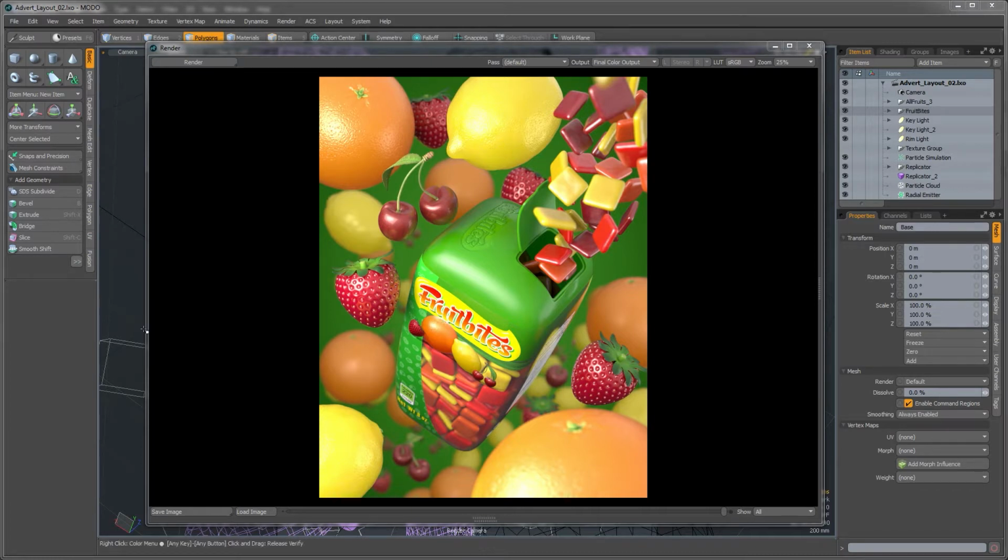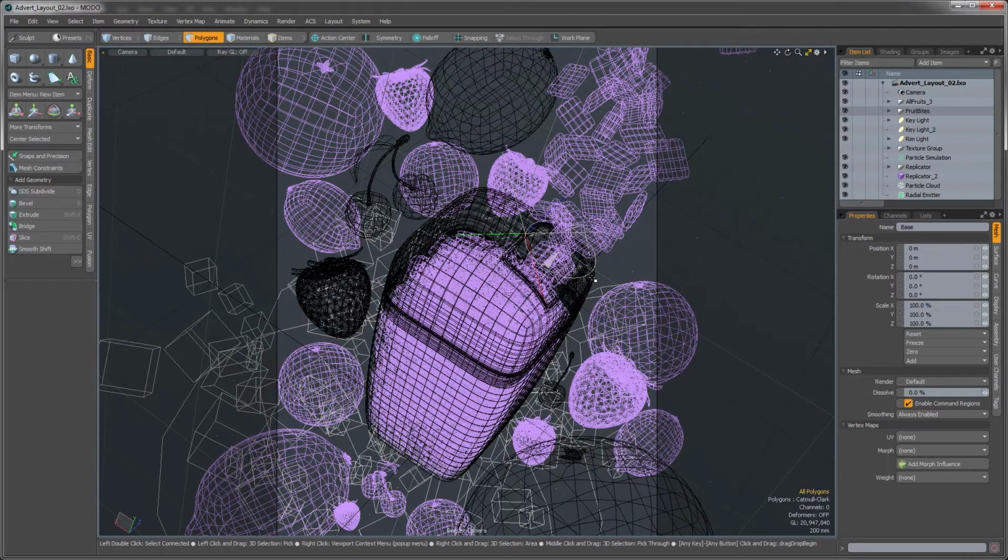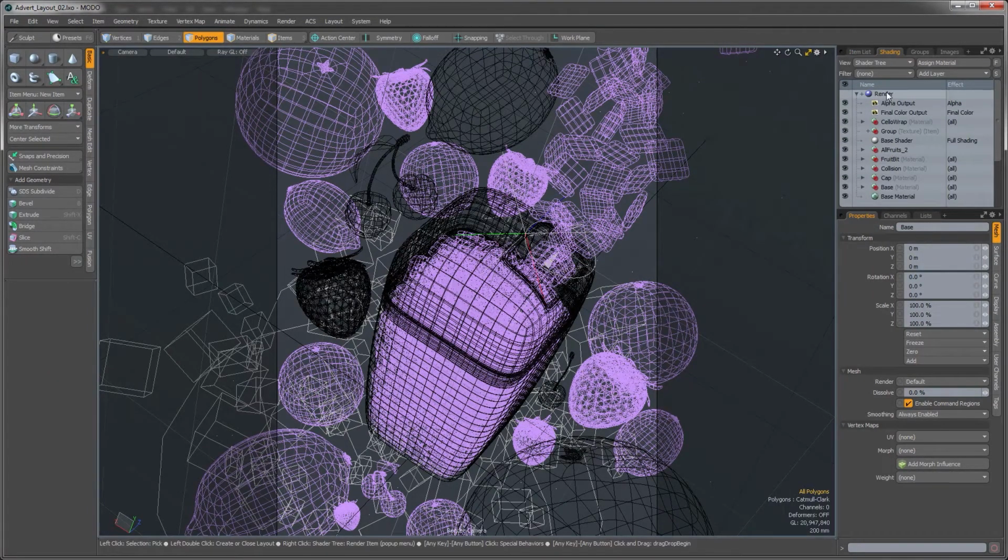So it took about 13 hours for this render to work on my 6-core machine. So that just rendered overnight. And I can show you the settings that I used. I personally don't fiddle around with lots of individual settings. What I do is I just go into the shader,